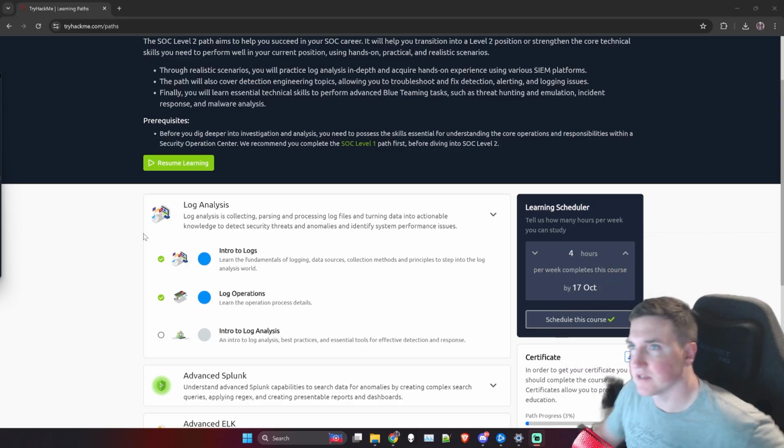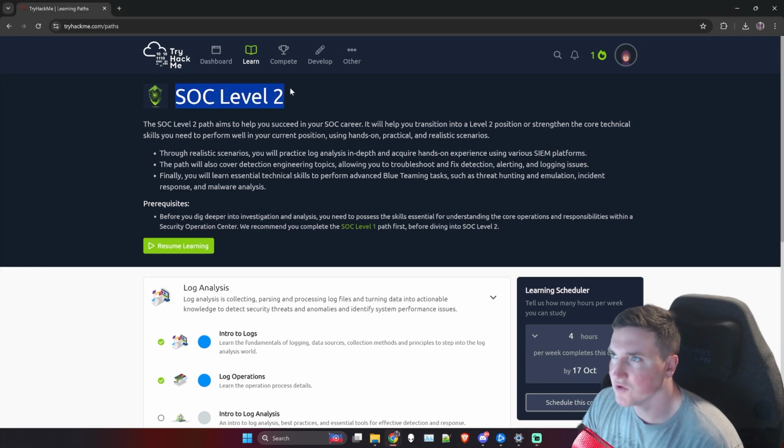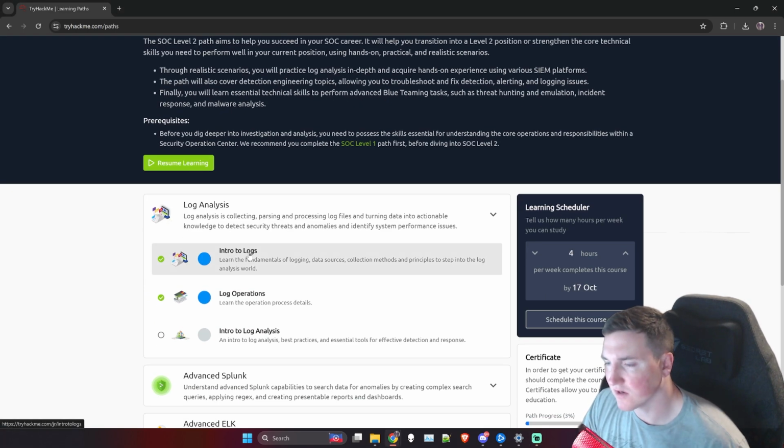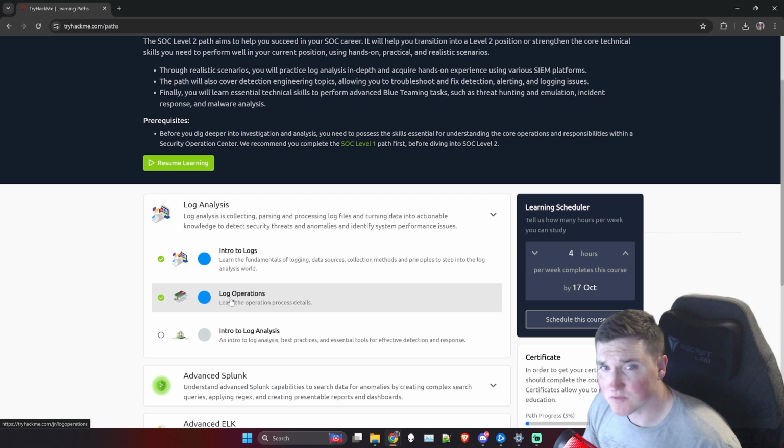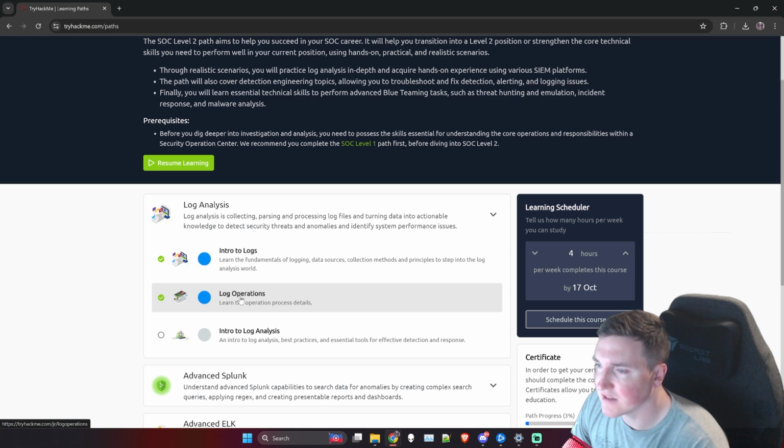Today we are doing the SOC Level 2 path. I did the intro to logs at one point. I'm going to do log operations today, and we're going to go through this. I'm sorry my voice is kind of gone, so I apologize. That's why I waited an extra day to record a video to try and get my voice back, but we'll go ahead and get into it. So we've got log operations,